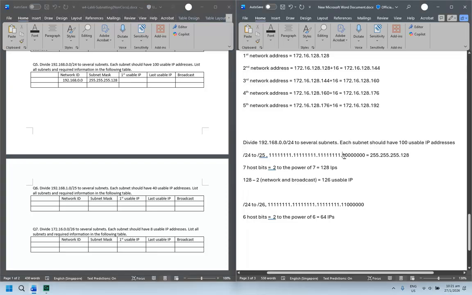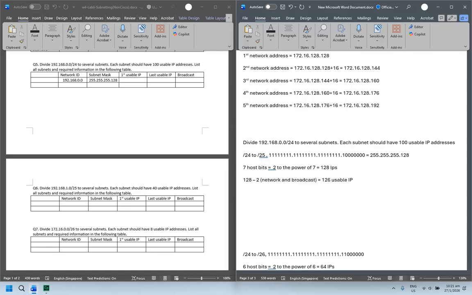Because 1 bit to the power 1 is 2 subnets. So just now this table tells me I have 2 fields to fill in. Using the concept above, same thing now. I will have my first network address, which is given